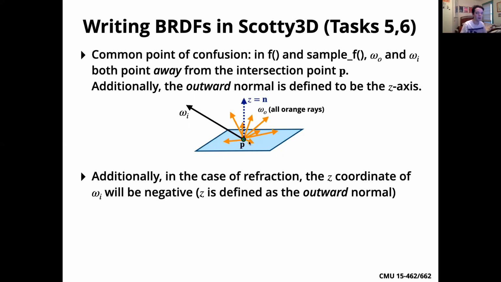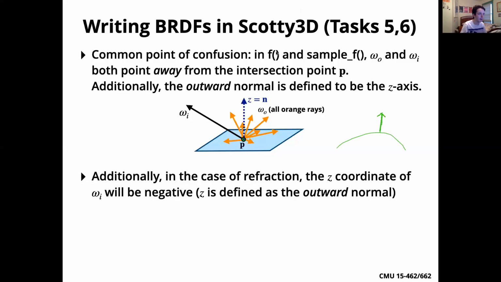So you can know if a ray is coming into a surface if the z-coordinate is positive, and you'll know that it started inside of a surface if the z-coordinate is negative, right? And that might sound confusing at first, but it makes sense if you look at this all from the perspective of, okay, I have this surface here, here's the outward normal,